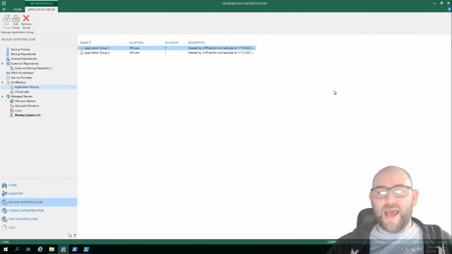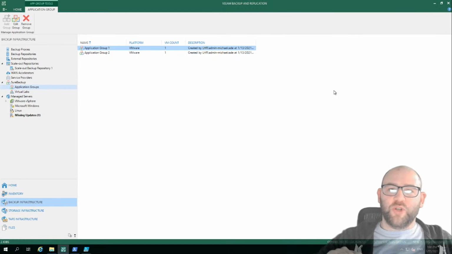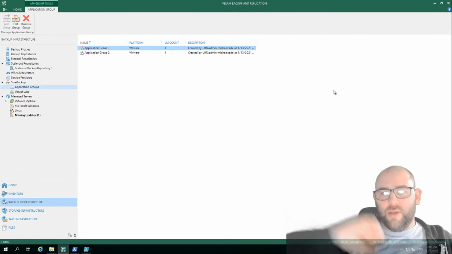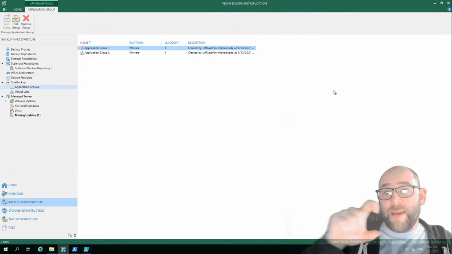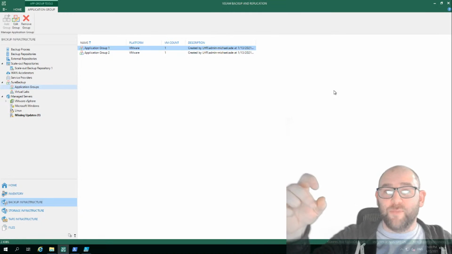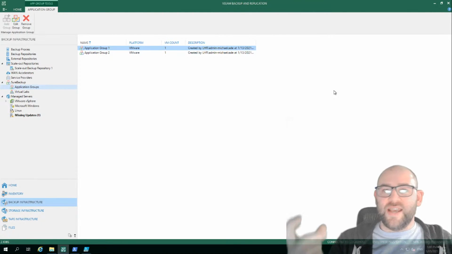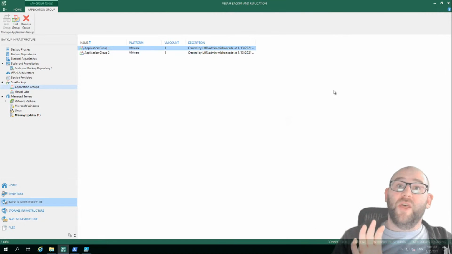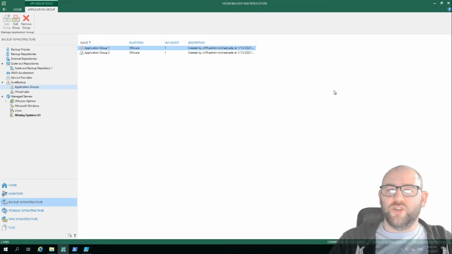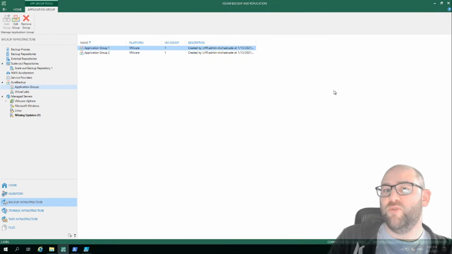but generally speaking, it's a case of going add, pick where it's coming from, backup, replica, storage snapshot, knock them all in, and then send a test. Now, the important thing to note is that they can be mixed as well. So you could have backups and storage snapshots together, depending on what the use case is. Again, probably more fitting towards the sandbox environments. Again, I touched on if you've got a DBA wanting to run some performance testing against their production SQL or Oracle box,